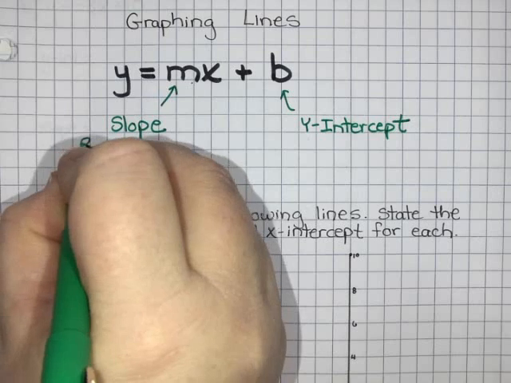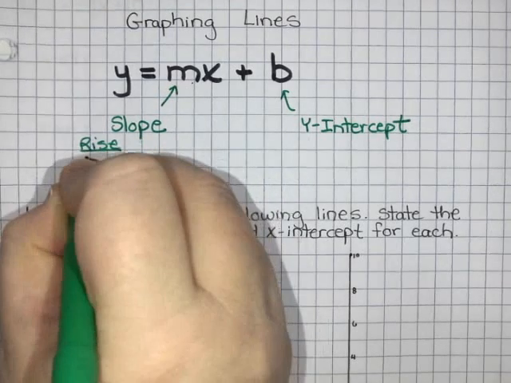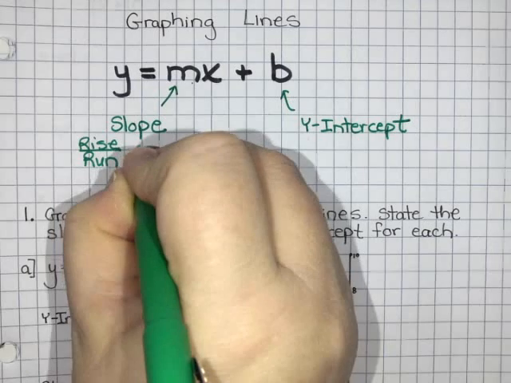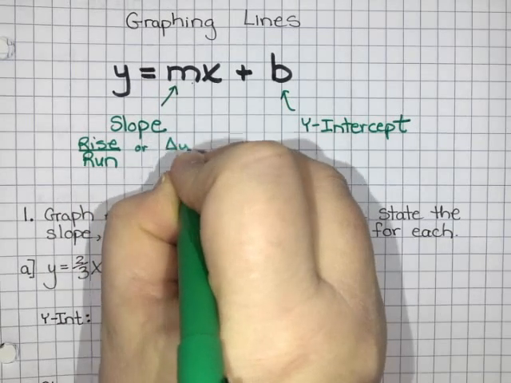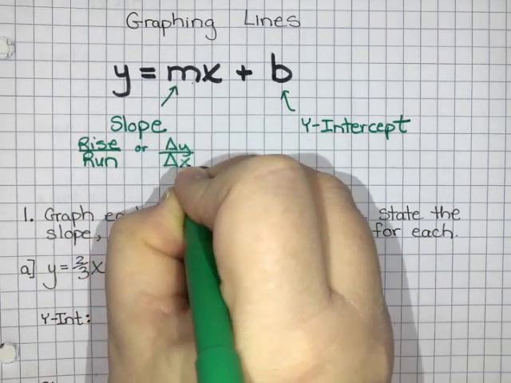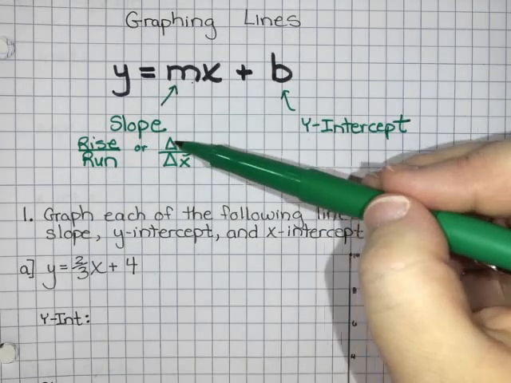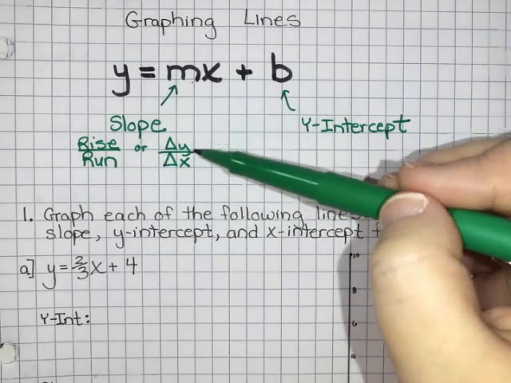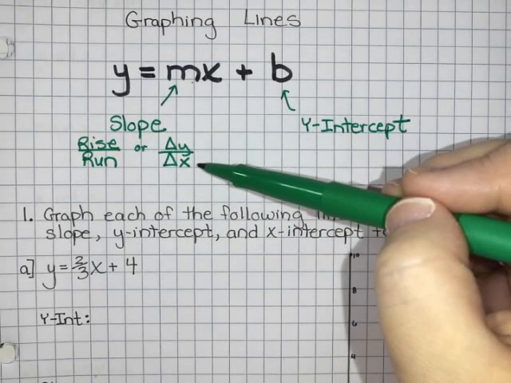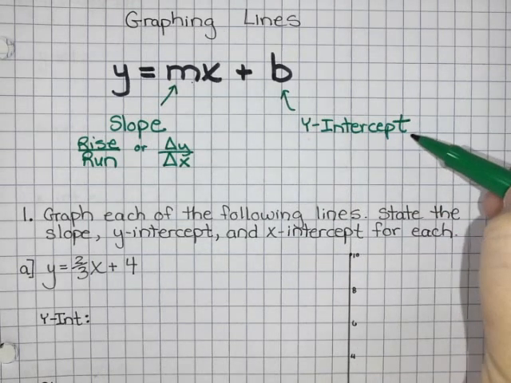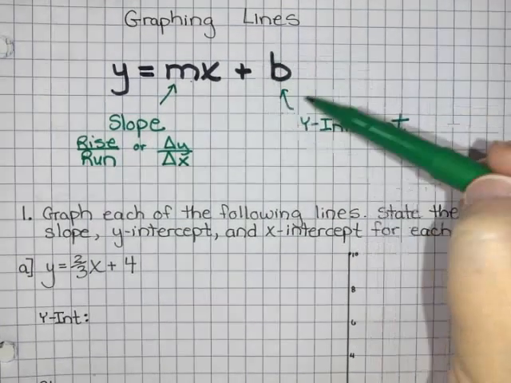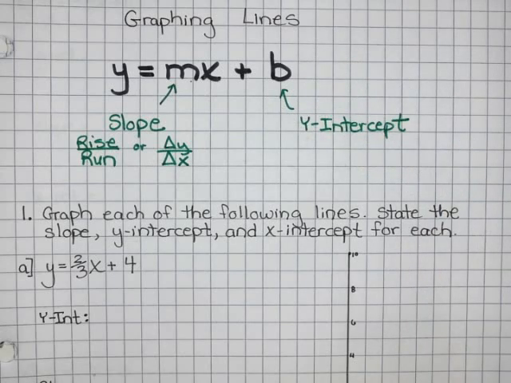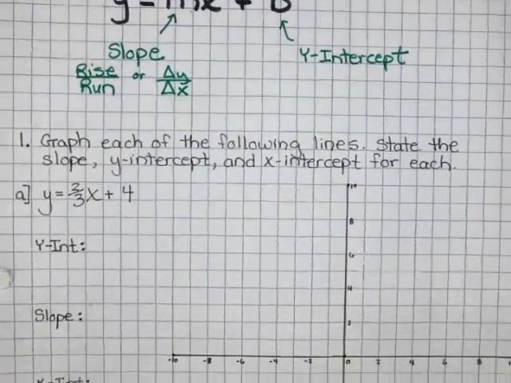either rise over run, or, if it makes more sense to you, delta y over delta x. Delta means change, so it's the change in the y value divided by the change in the x value. The y value is our up and down part, and the x value is our side to side part. Now for the y-intercept, it is just where it crosses the y-axis, and there isn't really a special formula for that. So today we're going to be looking at how to take an equation and actually graph